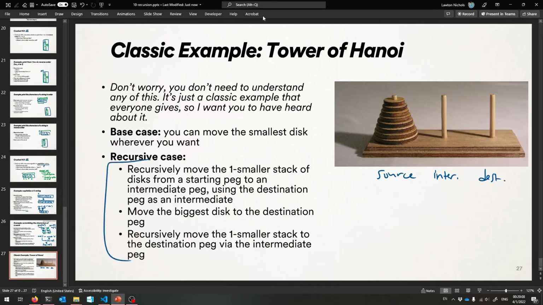And then the recursive case is kind of cool. You get to move one smaller stack of discs. So everything but the biggest one. You can recursively make a call to move this entire stack of discs to the intermediate peg. So it looks like this. Boop, boop, boop. You can just assume recursion is going to give you a way to get